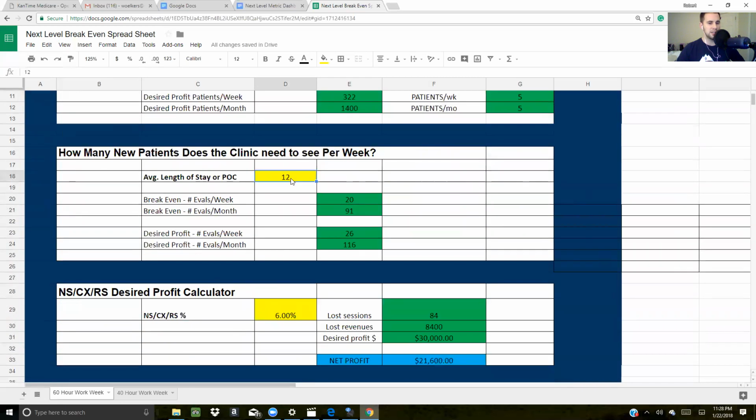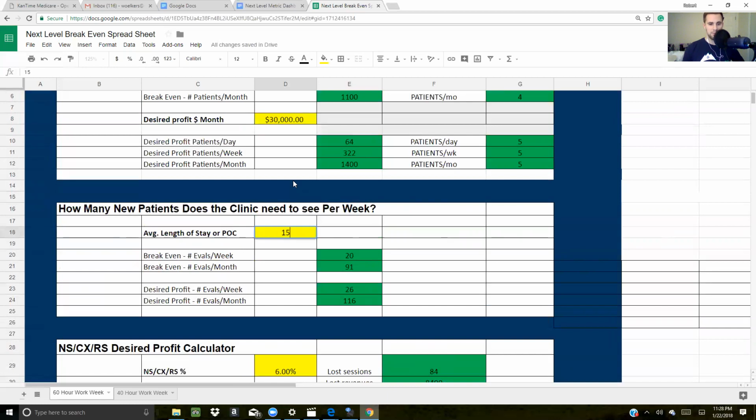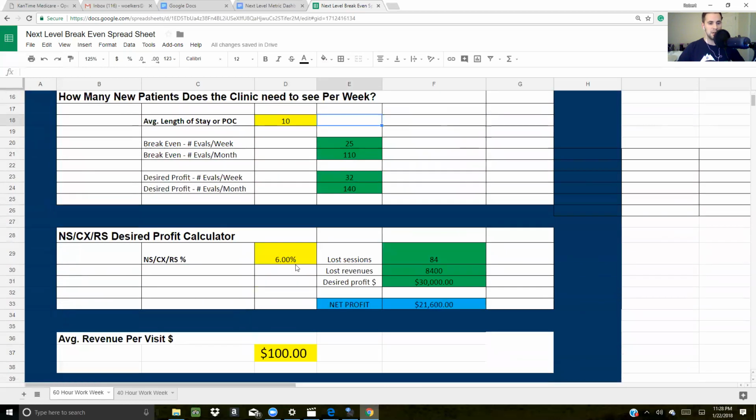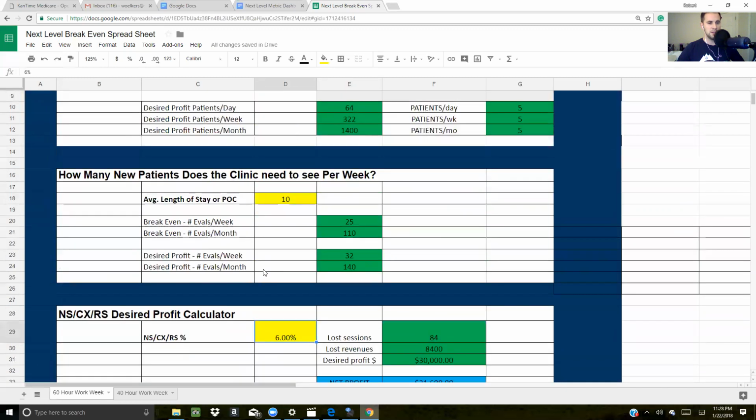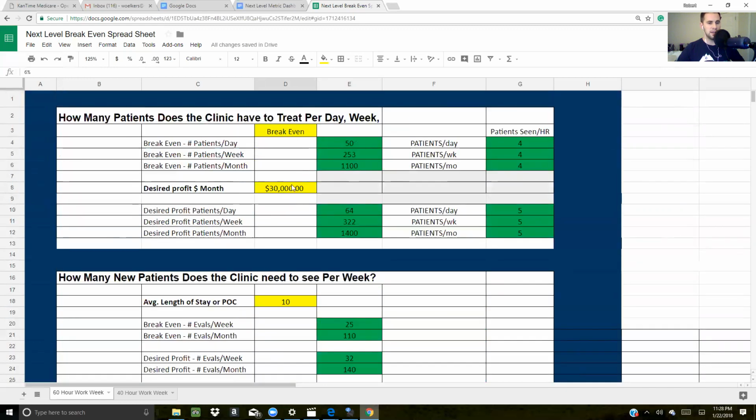Average length of stay is 15. Like I said, if you bump that down, you get more evals to see. Bump that up a little bit, you get less evals. And this is also important here, because even if you want a 30K profit,